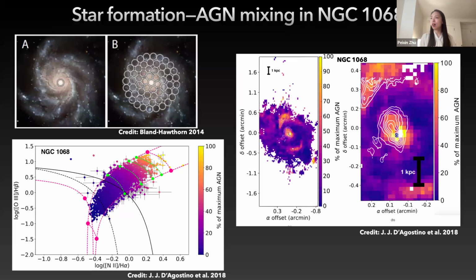So these color-coded dots show their contributions from AGNs based on the single-scale calculations. On the right figures, the right part of the right figure is just a zoom-in, so they are actually the same figures. In the galaxy center, there's a bright part,